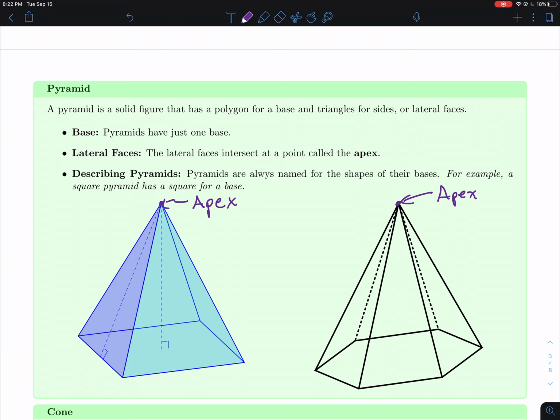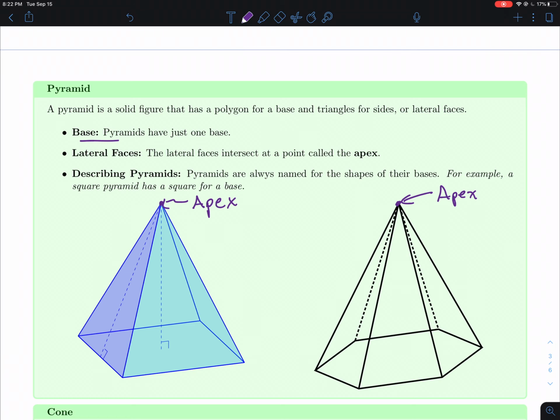And so again, a pyramid has just one base. The lateral faces are going to be triangles all the time. They're going to be different sizes and different shapes depending on how big the base polygon is. But they're always going to be triangle shaped, and they're always going to intersect at that top point, which would be called the